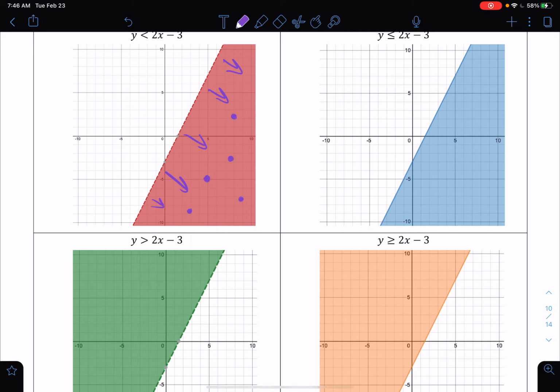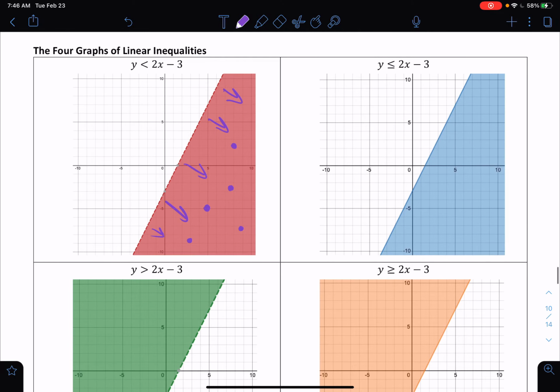Anything that falls in that solution region is a solution. So notice that the boundary line, this is called the boundary line, and this whole part is called the solution